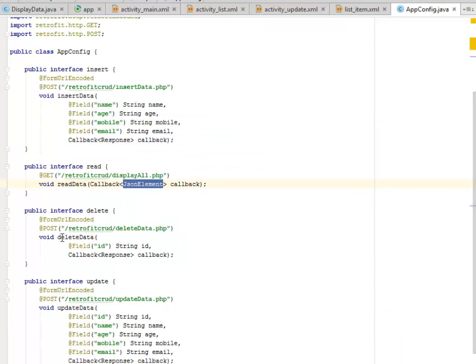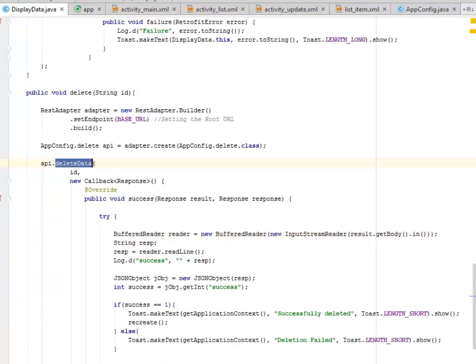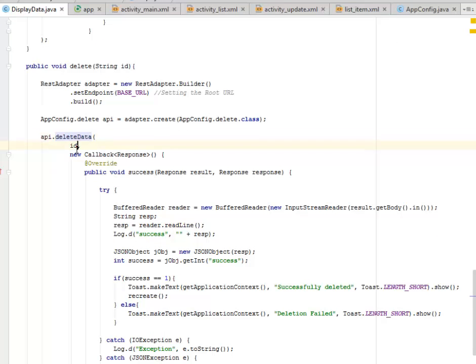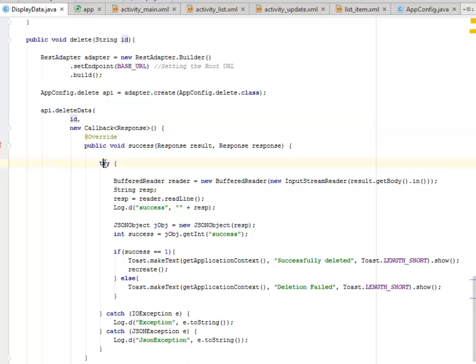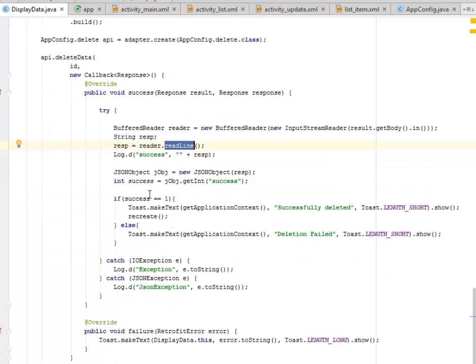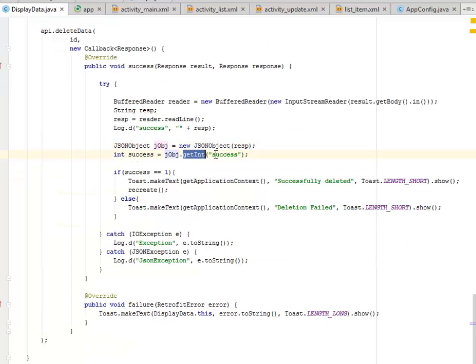What is the delete? The delete data over here needs the field ID. Let's look at it better. It needs the field ID. You see there. Now you have a try and catch. This is actually going to read the buffer. You create an object from the buffer reader called reader, or you can create the string resp and you read each new line. The same thing goes for the JSON object. You create an object from it and get the integer success. So if success, it is going to be successfully deleted,